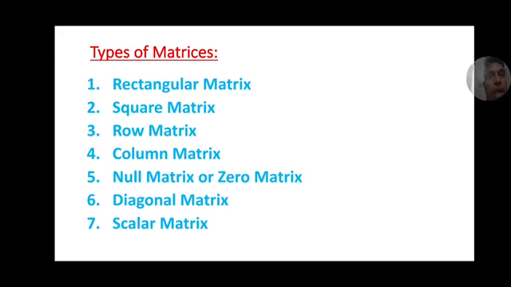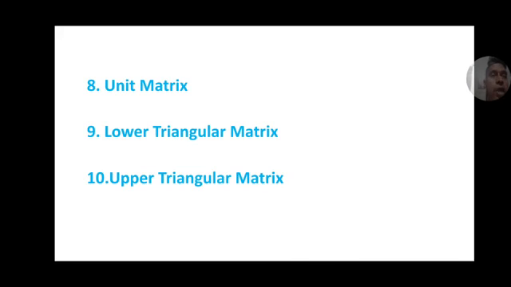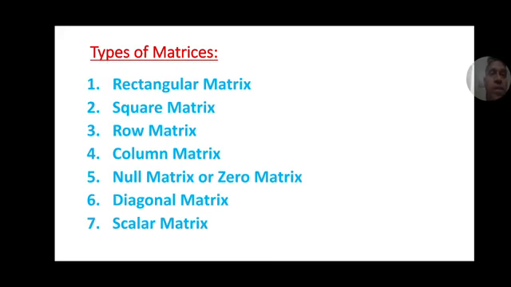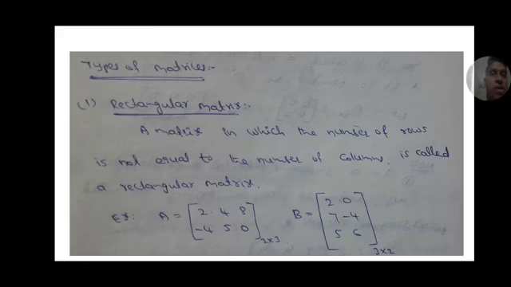Okay, rectangular matrix, square matrix, row matrix, column matrix, null matrix or zero matrix, diagonal matrix and scalar matrix. Next, unit matrix, lower triangular matrix or upper triangular matrix. We will discuss these definitions, types of matrices. Okay, first one,